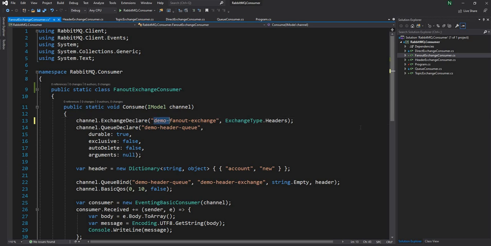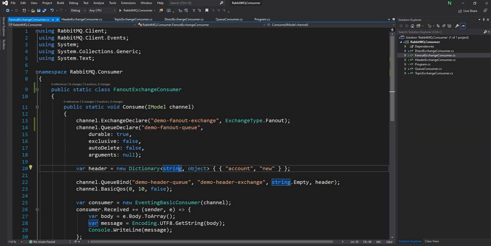I mean, we don't have to name it as Fanout Exchange, but I am doing it for demo. You can name it anything you want, and of course the name of the exchange will be very specific to your application, and it will be focused on what the responsibility of the exchange is. For me, I'm keeping it demo Fanout Exchange. The type, of course, you have to change to Fanout because that is needed. The queue name, I'm going to change it to Fanout queue,